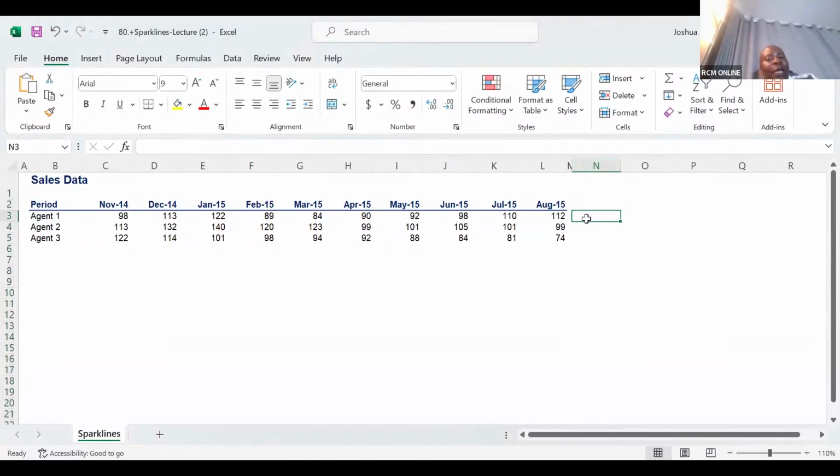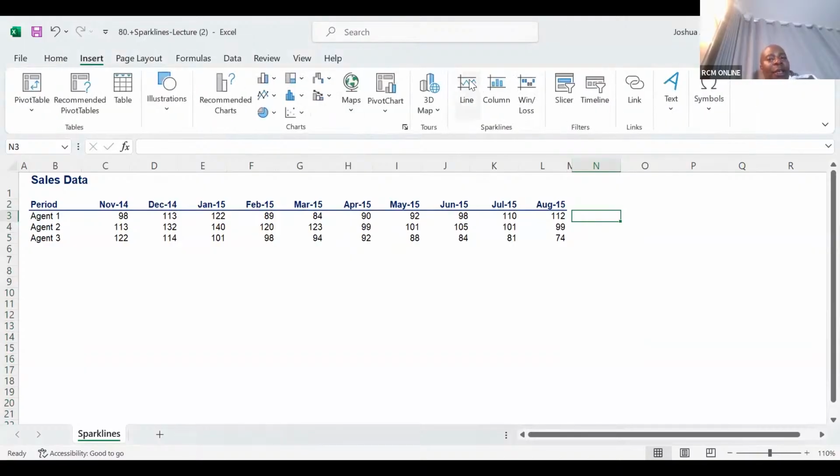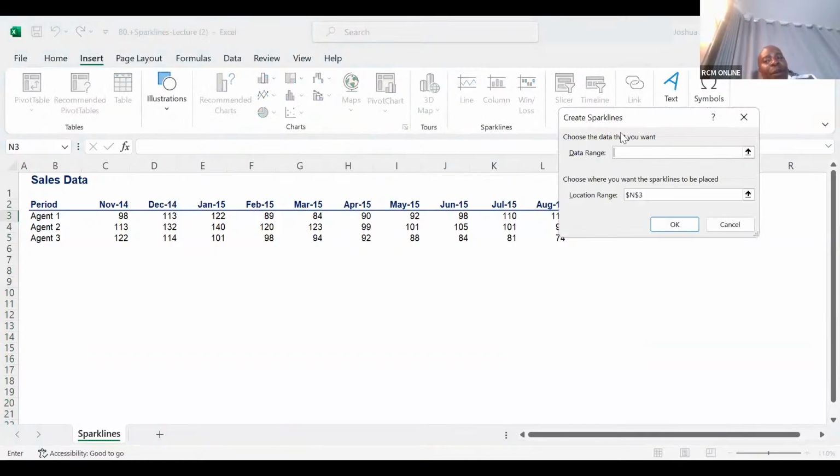Highlight where you would want that spark line to be put. You start by highlighting where you would want that spark line to be put. After ume highlight, na unakuja unasema hapa, at least tuko mbele sababu umejua hiyo insert. So unakuja unasema hapa line. So ukisema line, kuna hii pop-up window. So if this pop-up window is the one that is maybe blocking you, you can hold this pop-up window by